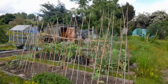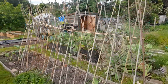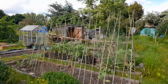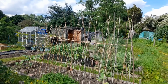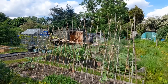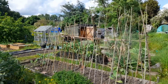The frames for the beans are halfway up and the bean canes are all different sizes. So these are shorter here than these up here. Those over there are a bit shorter as well. But you know what? I'm just going to go with the artistic value of it this year and not worry about my OCD on everything needing to at least look the same or look, what's the word? Regimented, a bit regimented. So it's quite a hodgepodge of different sized bean canes for what is this year an